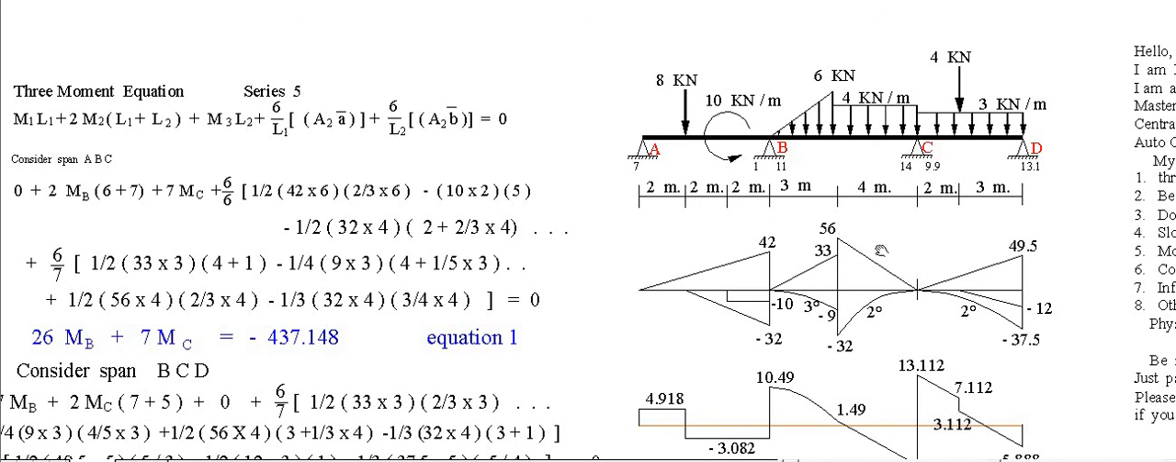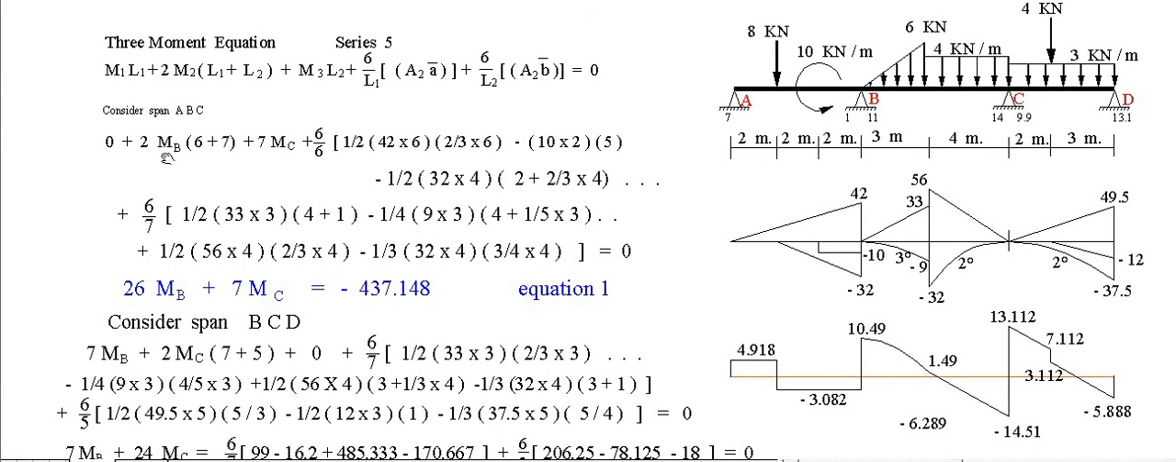Then here, this still belongs to the right span. Plus 1/2 of 56 by 4. Then the distance from here is 2/3 of 4, from here up to here. Then minus 1/3 second degree, 32 by 4 times 3/4 of 4 from here up to here. Then equate to 0. Since there is no settlement of the support, this thing must be 0. Then simplifying,